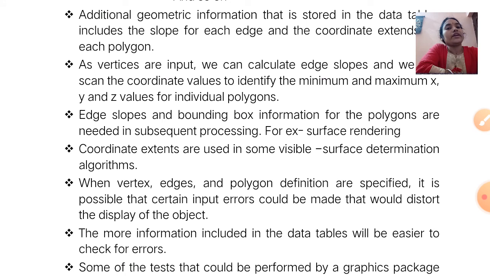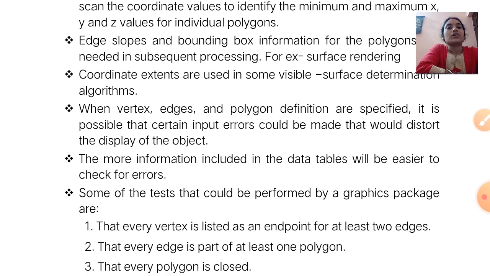When vertex, edge and polygon definitions are specified, it is possible that certain input errors could be made that would distort the display of the objects. That means when edges, vertices and polygon definitions are all specified, and if certain input errors are made, the display will be distorted.